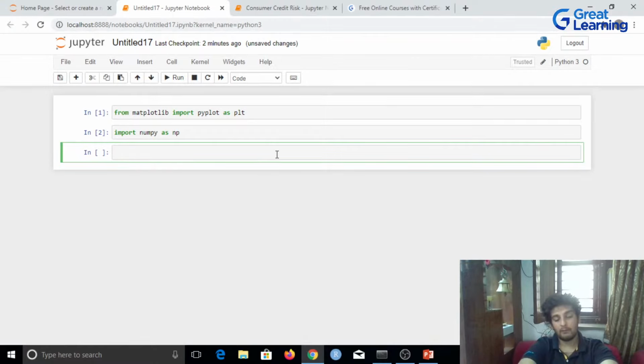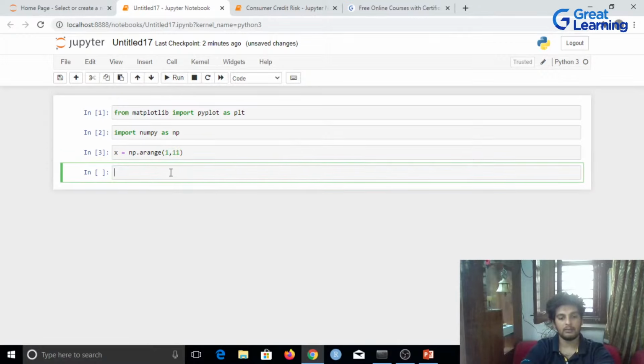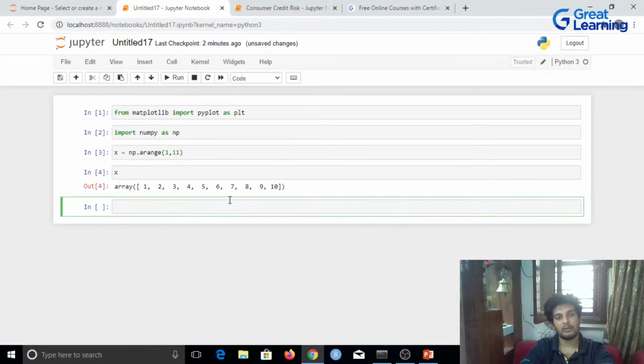Now, I've imported this. Let me just create my variable. Here I'll have x is equal to np.arange, and inside this I'll write 1 comma 11. Let me hit run. Now let me also print out the value of x, and as you see, I've been able to create an array which has all of the values starting from 1 going on till 10.